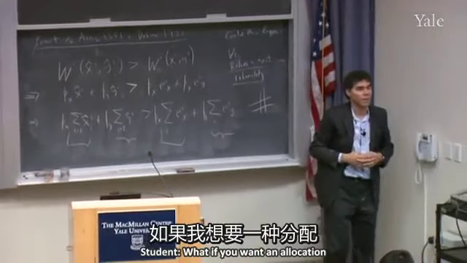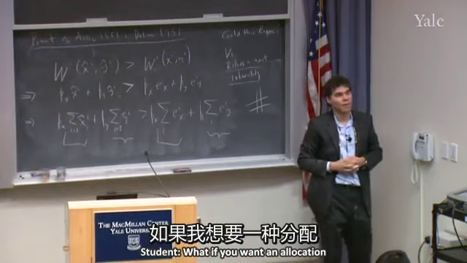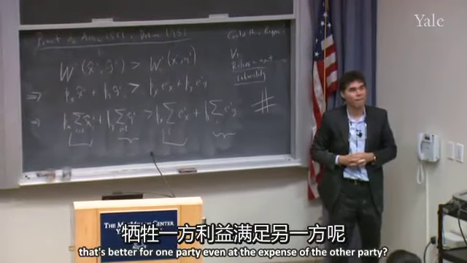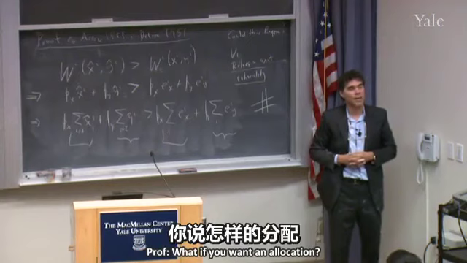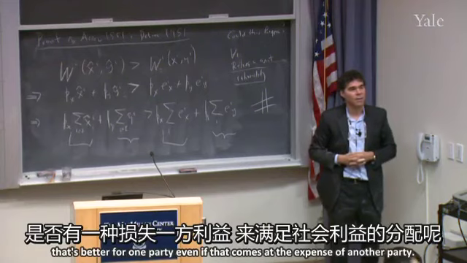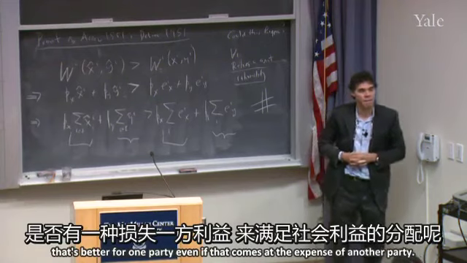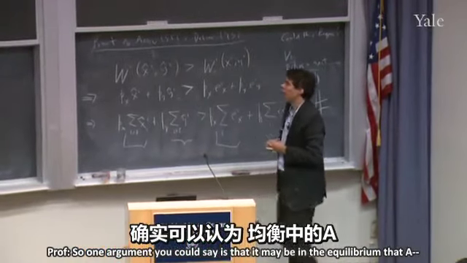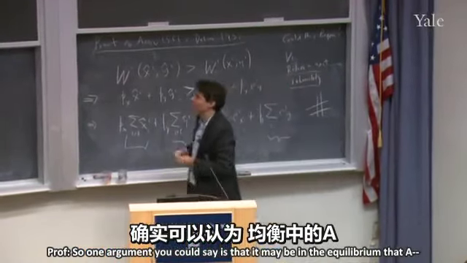Yes? Well, what if you want an allocation that's better for one party, even at the expense of the other party? What if it's socially desirable to have an allocation that's better for one party, even if that comes at the expense of another party? Okay, so one argument you could say is that, all right, it may be in the equilibrium that